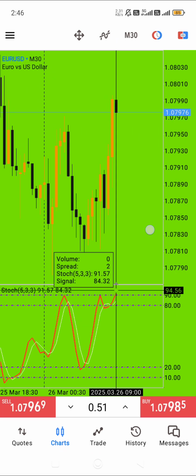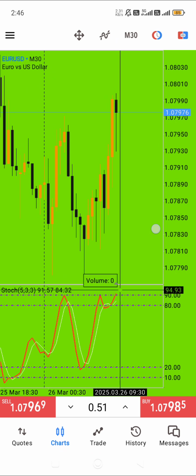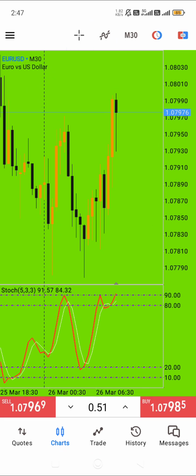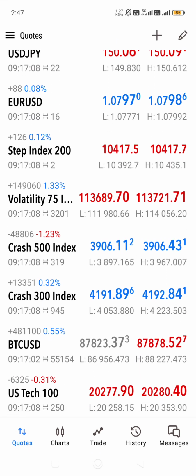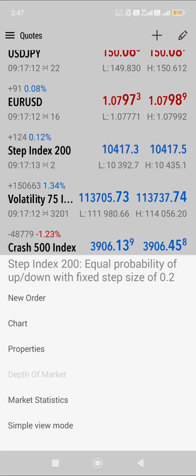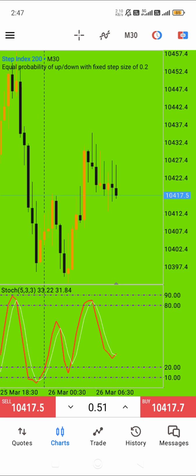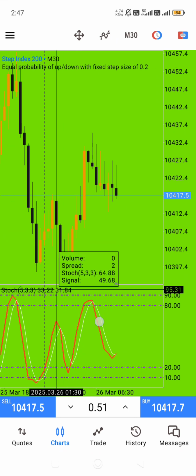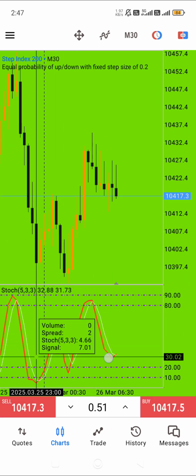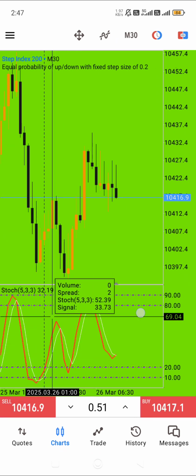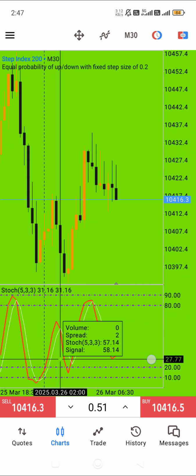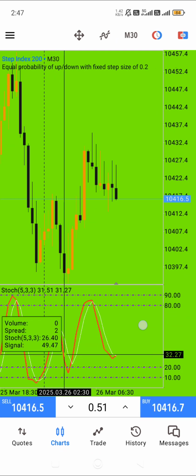Right now it is an overbought position, but I will wait for some time. When 80 and 90 cross both levels, then cross below 80, then I can trade. Any other currency, all currencies give the same result, but set this indicator, step 200, this indicator, same thing. The 10 and 20 levels cross the line, and cross the line, same things.